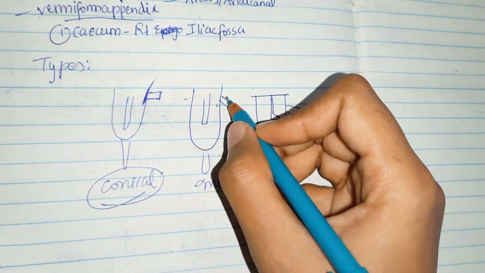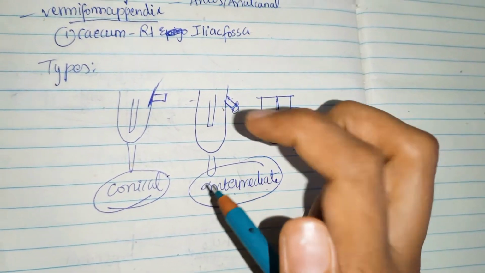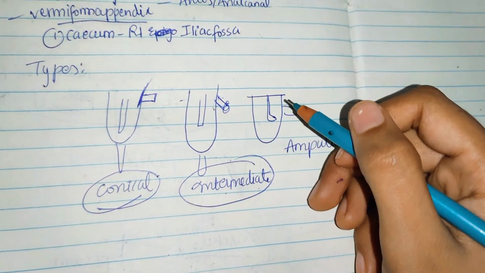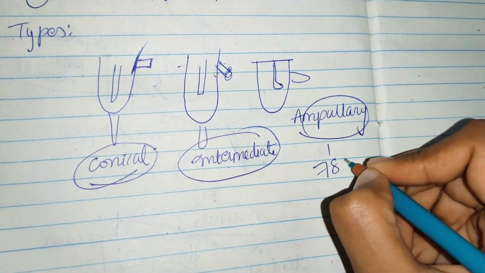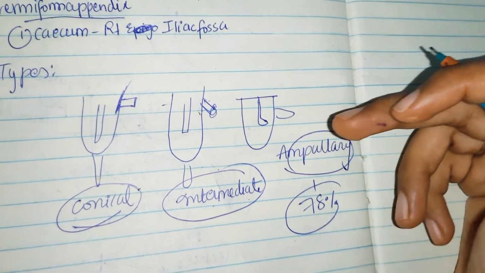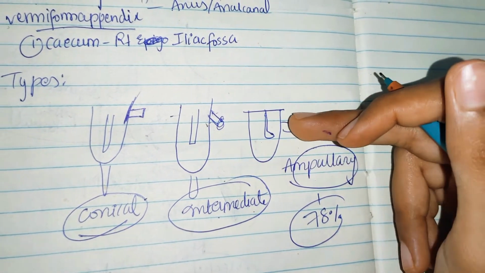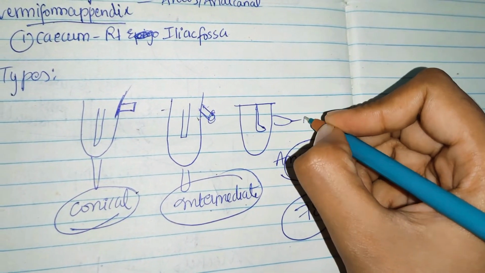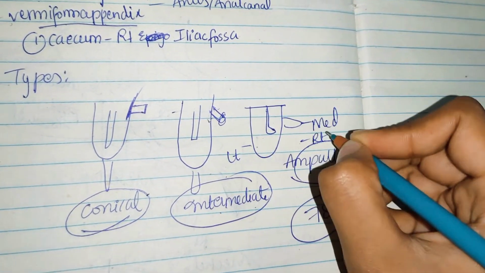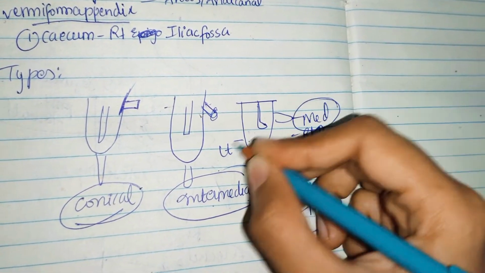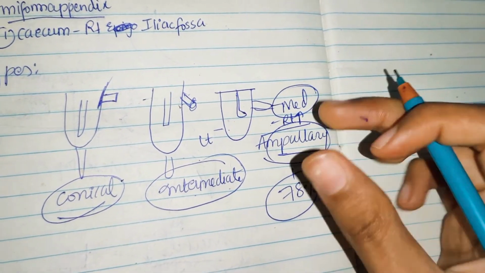So you have two pouches, and in between those pouches the appendix arises, and that's why it is called intermediate, because it comes between the two pouches. And next, coming to the ampullary type. The ampullary type is the most common among all these types. It is seen in 78% of people. The ampullary type is where the right cecal pouch is larger than the left. So the appendix arises from the medial side, like this. So this is the medial side, right? This is the right side, this is the left side. The right side pouch is bigger, so that's why the appendix arises from the medial side. This is called the ampullary type. It is the most common type, at 78%.